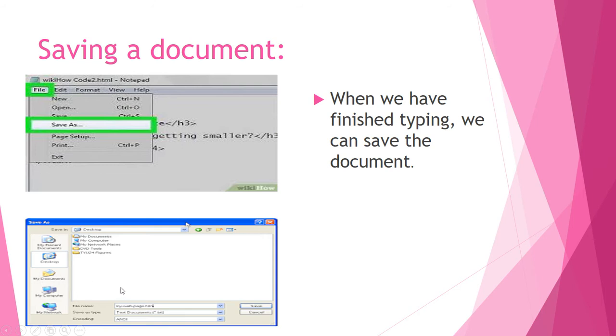Students, see the second box. You type your name here and you save the file. Our document is now saved. Notepad adds an extension to the name on its own. The extension is TXT. This is the extension. The name we have typed now appears on the title bar when we save our file.